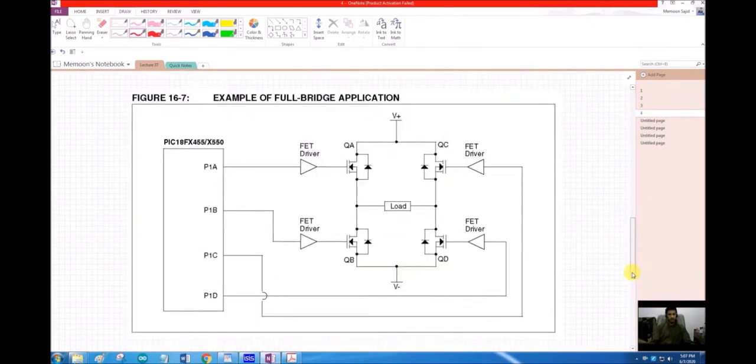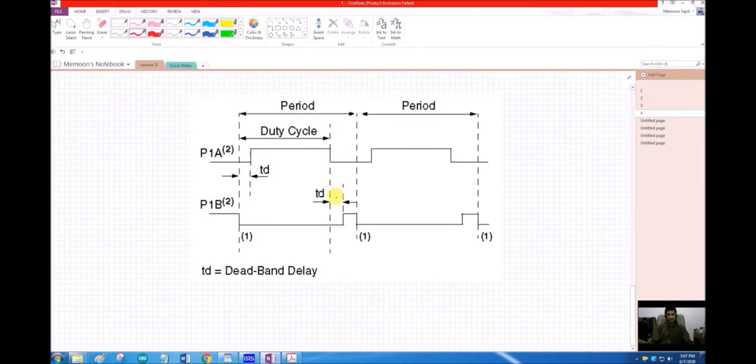Let me go to the dead band first. This is the dead band here, this TD, this portion, this is the dead band. What is a dead band? Dead band is when both the transistors are off, and it is a safety measure to make sure that when one transistor is turning off and the other transistor is turning on, there is an on-off time, the physical on-off time that is associated with turning on or off each transistor.